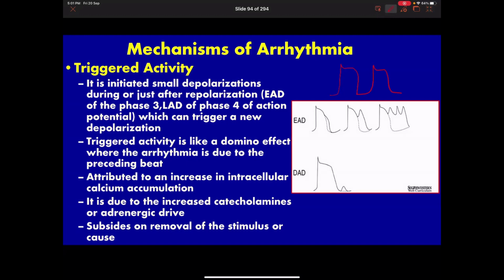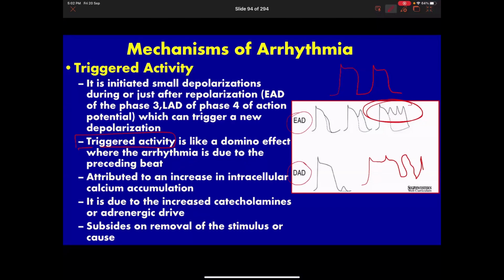In some cases, a second impulse is sent before you relax, so a second action potential, before it fully relaxes. So this happens, okay? This is also one mechanism why arrhythmias happen. It's called triggered activity. Not too high yield, but just remember early after depolarization and